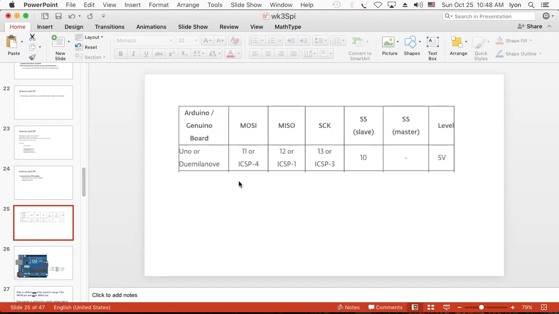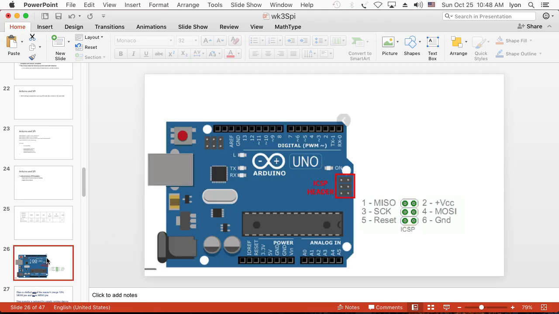Pin assignments can be seen in the ICSP, that's the in-circuit serial programmer, or in the actual pins that are coming off of the Arduino mezzanine bus. And we can find those here. So that's actually a very good way to go. If you've got MISO, MOSI, serial clock, ground, 5 volts, and reset all in one place,